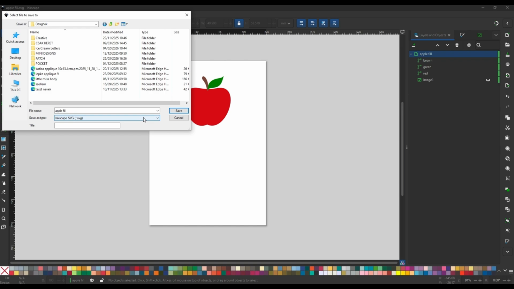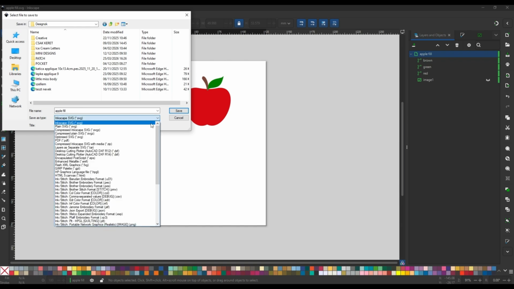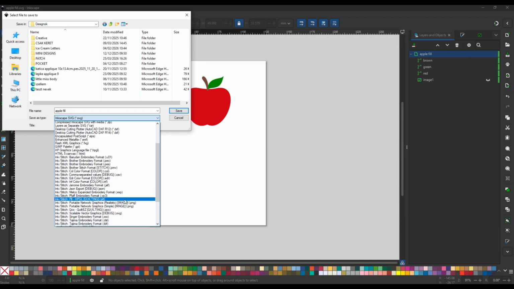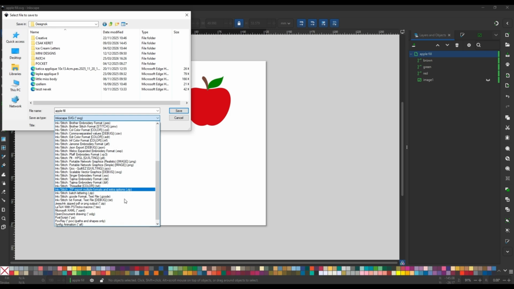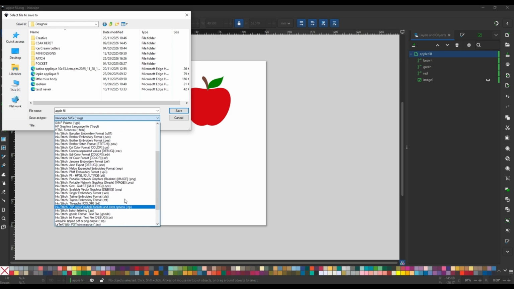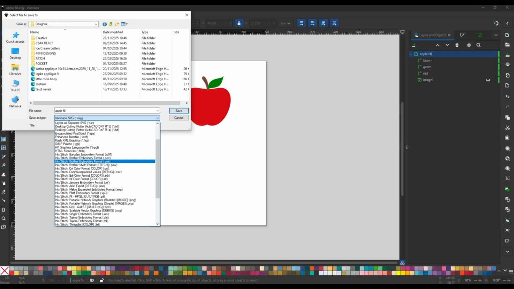We give it a name. We choose our embroidery machine's format here. I have a brother machine which needs the PES format, so I select PES here